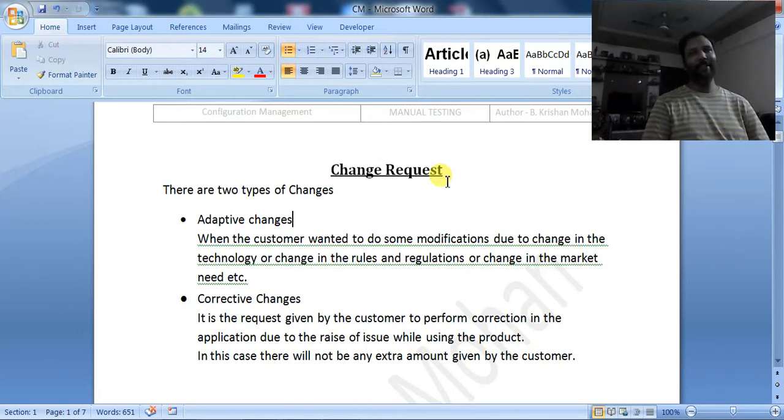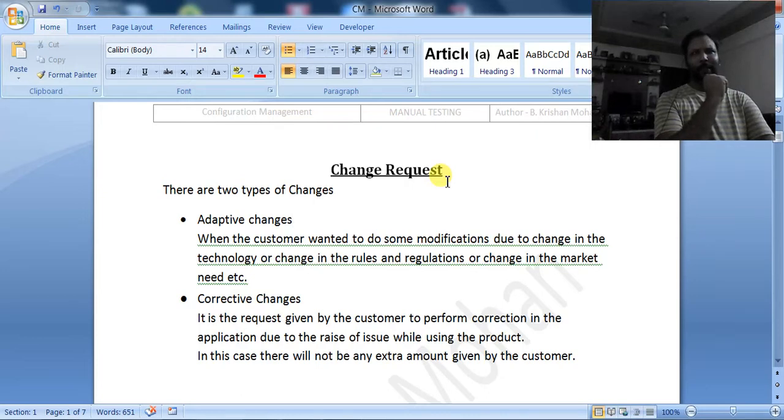Fix the defect. Then the development company will have their own released version. They will modify it in the released version, and they will test it, and after testing they will deploy the updated version to the customer's environment. So that is what happens. In this case also the changes are being done in the code, but these changes are due to the issue, or due to the defect. So it is a corrective change.